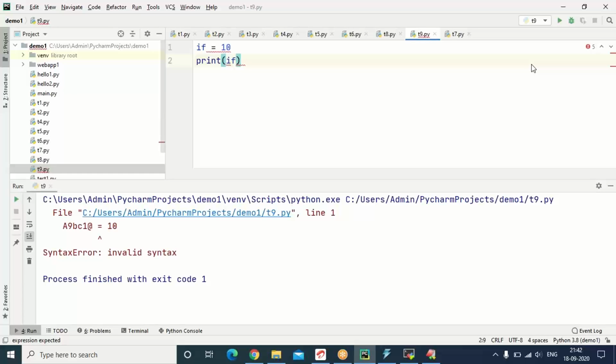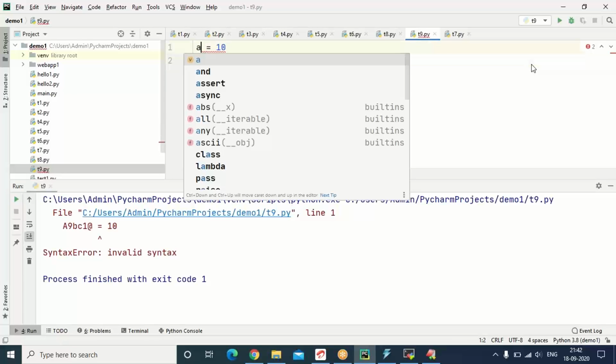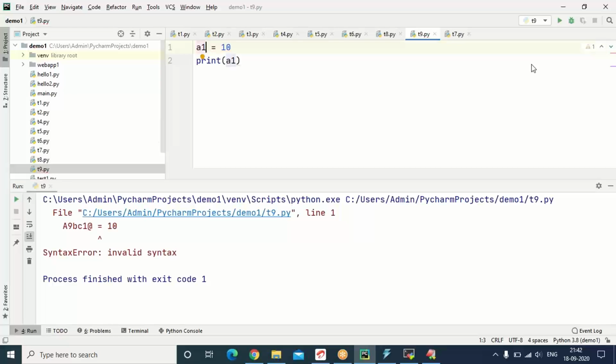No keyword can be chosen as an identifier to the variable. No keyword can be chosen as an identifier to the function. No keyword can be chosen as an identifier to the class or reference or package. This is the last rule. You have to go for any name to the variable. That name should be very valid.